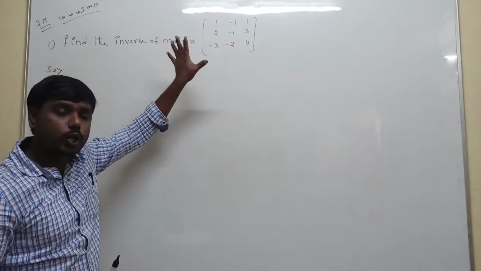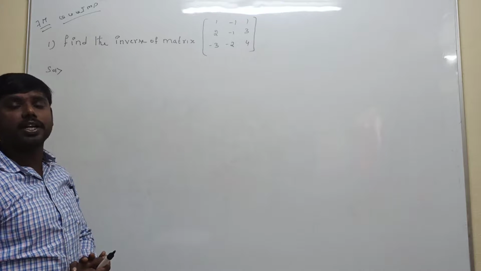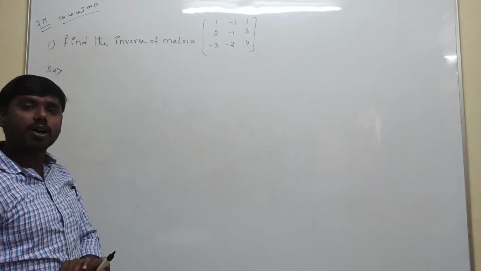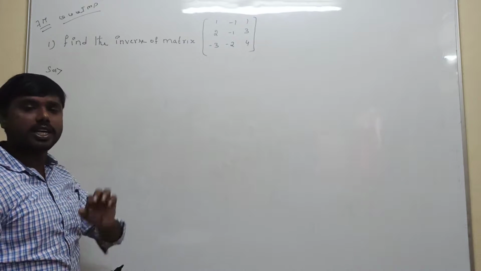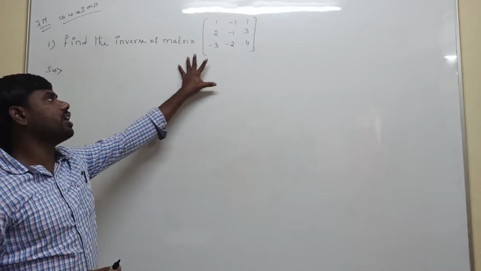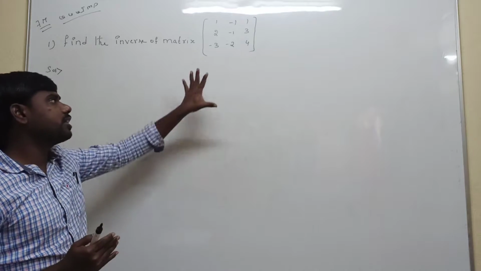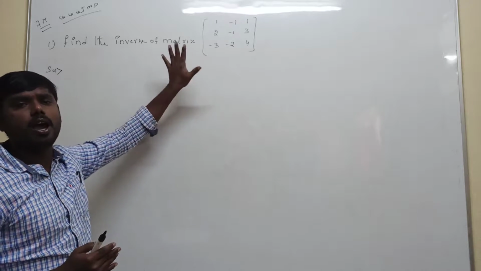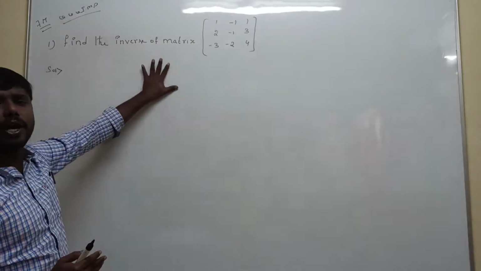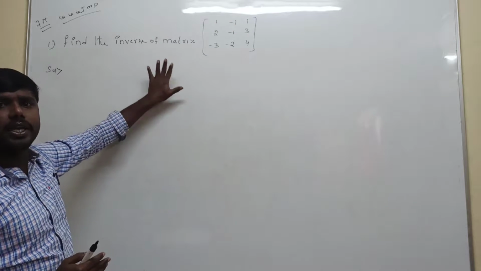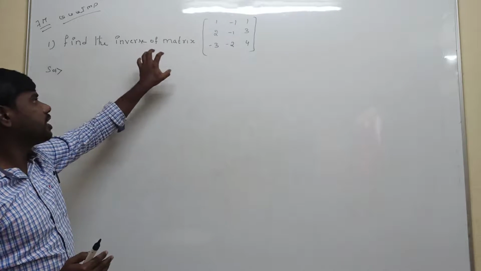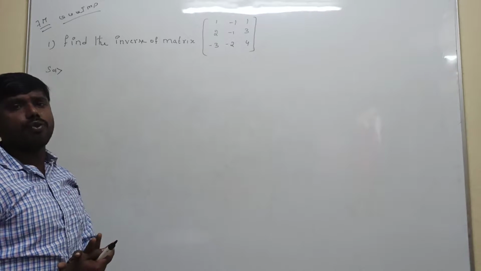What is the given matrix? To calculate the inverse of the matrix, first look at the order of the matrix given. A 2 by 2 matrix is very easy. Here, what is given? A 3 by 3 matrix. 100% in the final exam this type of question will be asked, a 7 marks question. A 2 by 2 matrix is sometimes asked, but for the final exam a 3 by 3 matrix is asked many times.